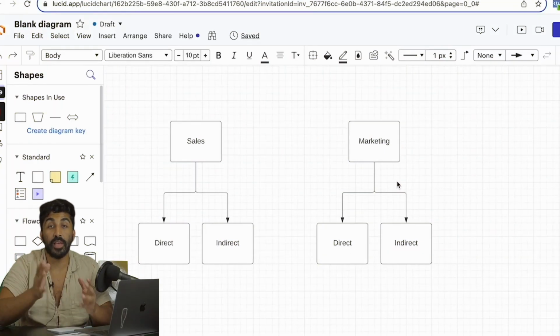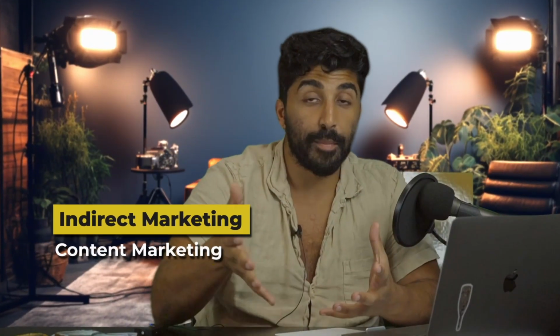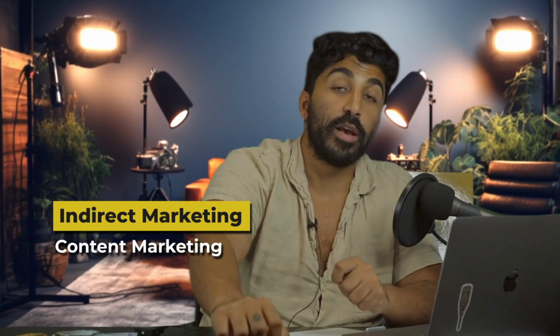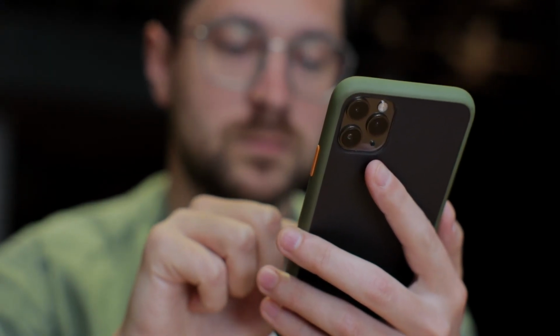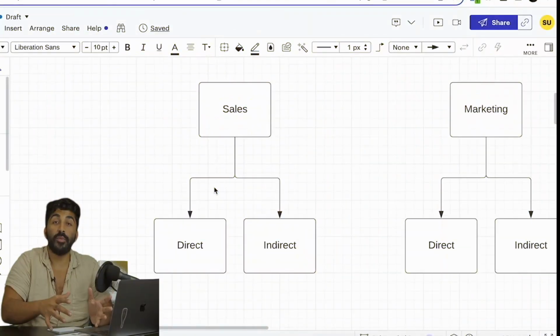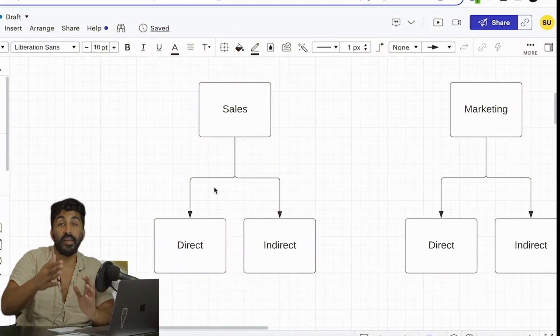The second way is indirect, and a couple of examples of indirect would be, for example, content marketing. You're not shoving your offer down someone's throat. You're not disrupting their day. Your target audience is actually running into your content and is slowly being sold on you as a person or on your service or your offer, and then they make the choice to reach out to you instead of the other way around. In the same way, sales can also have direct and indirect.